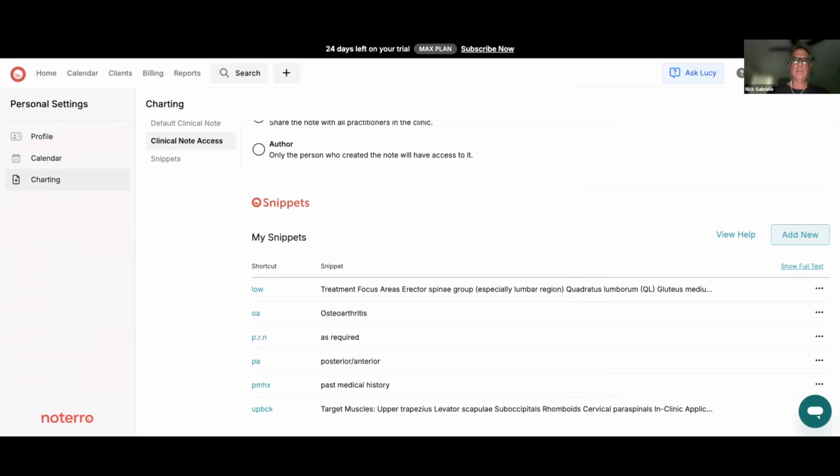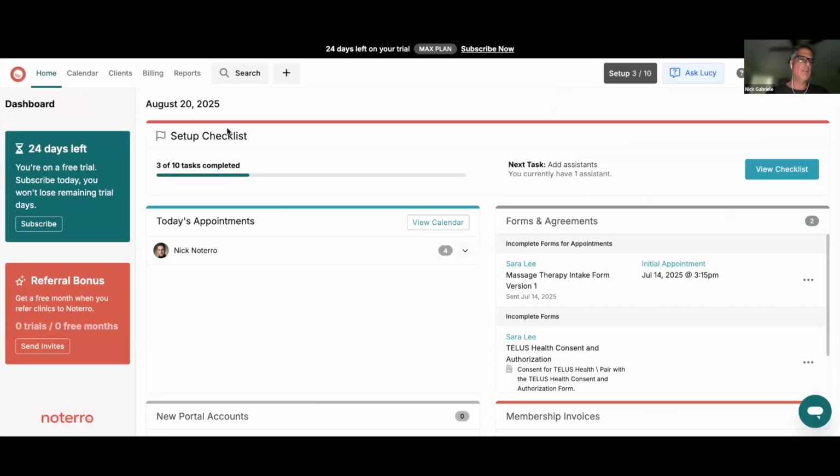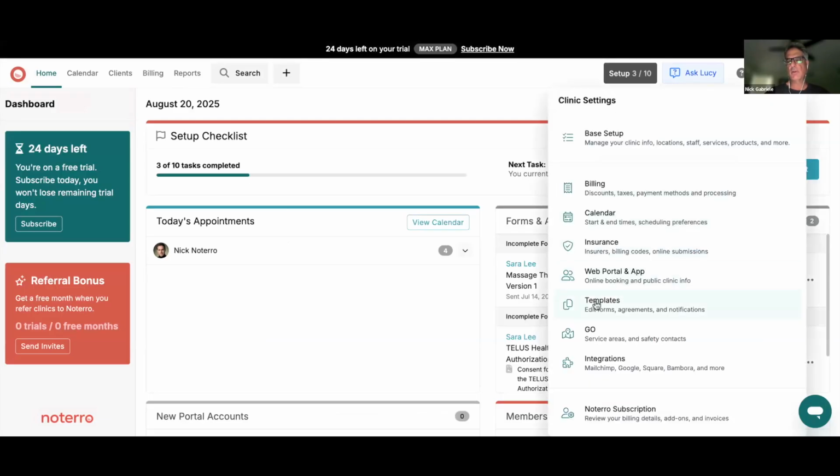Let me just jump back into the admin side. And I want to go to the template page. So these are some of the things that, because they're part of the settings, aren't necessarily known, because when you're setting up your clinic, you might very infrequently go to these settings pages. So if I look at templates, I'm going to go to